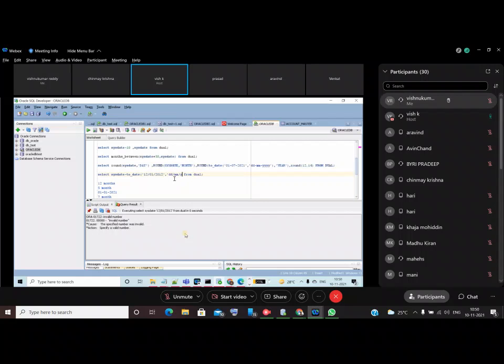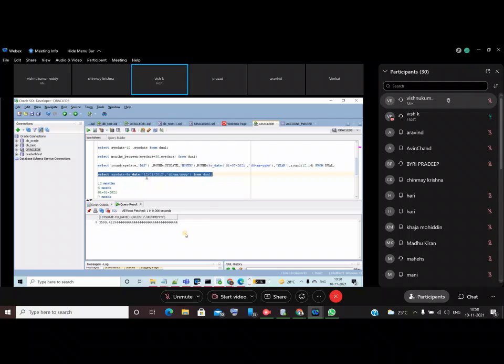Then year means YY. So this is the abbreviation, guys. DD means date, MM means month, YY means year. Okay. So now system will understand this and convert it as a date. So now it will give the results. It will do the sysdate minus this date, guys.